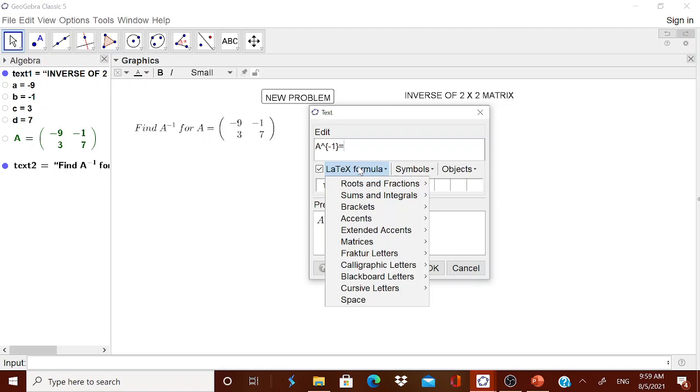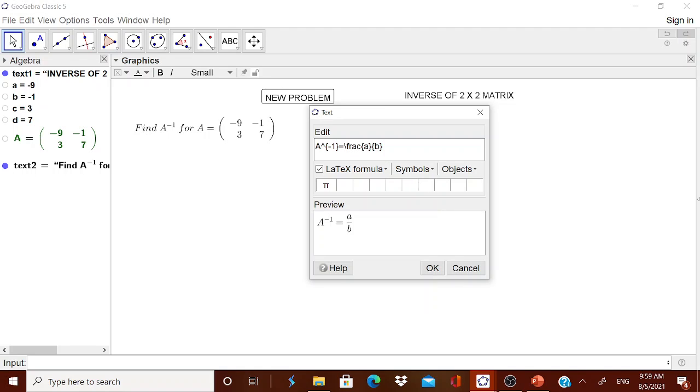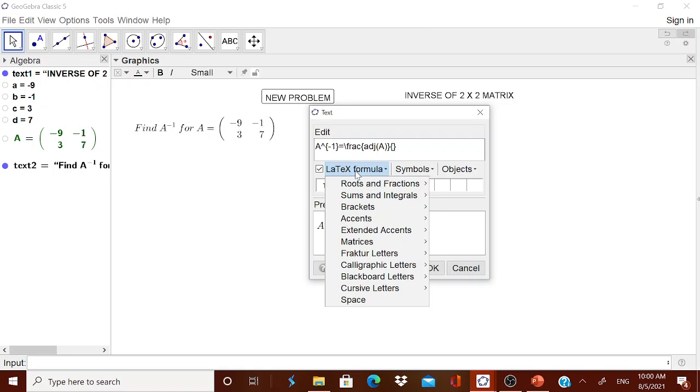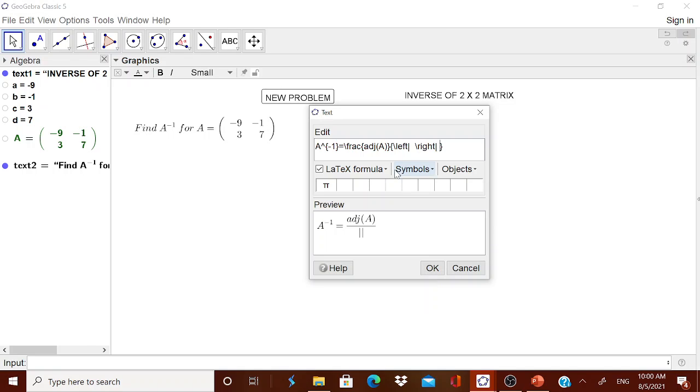In the LaTeX formula you can go for this, and you know what should come in the numerator: it is adjoint of A, ADJ bracket A, and in the denominator you should get determinant A. For that, once again, go to the LaTeX formula, go to brackets, you are having a determinant. I think we have already discussed it when we gave a video on how to find the value of a determinant, that is, expanding a determinant. Therefore, A inverse is equal to adjoint A by determinant A.